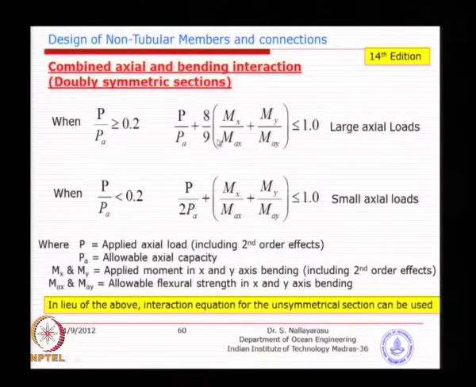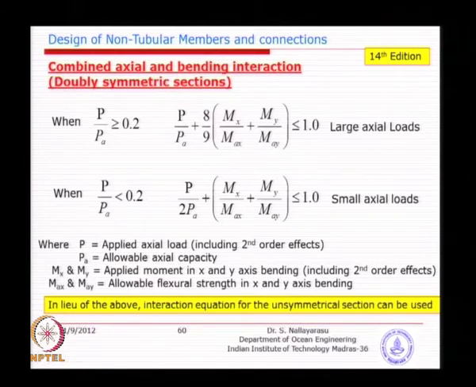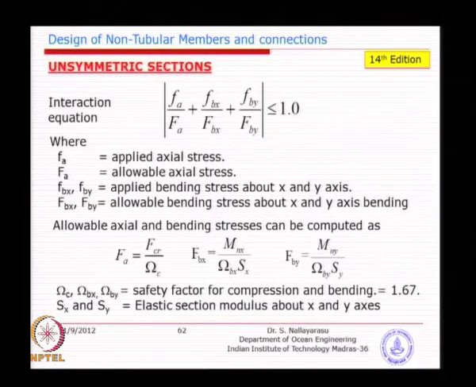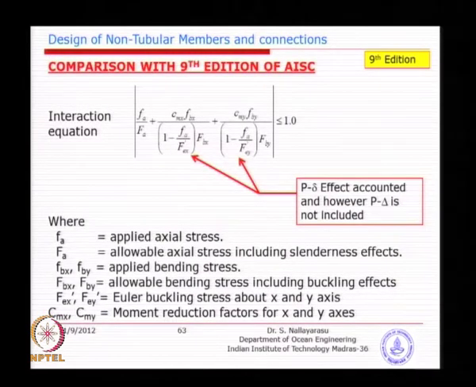So, that is why you see here, if you just recollect the equations that we have used for tubular members, you will be seeing something like this. Let me just quickly go here. I think you might see these effects. So, what is that bottom term? In fact, this is axial stress by axial allowable stress, which is nothing but axial load divided by axial allowable load, and the second term is bending stress divided by bending allowable stress. But what is the extra term here is basically that P delta effect.